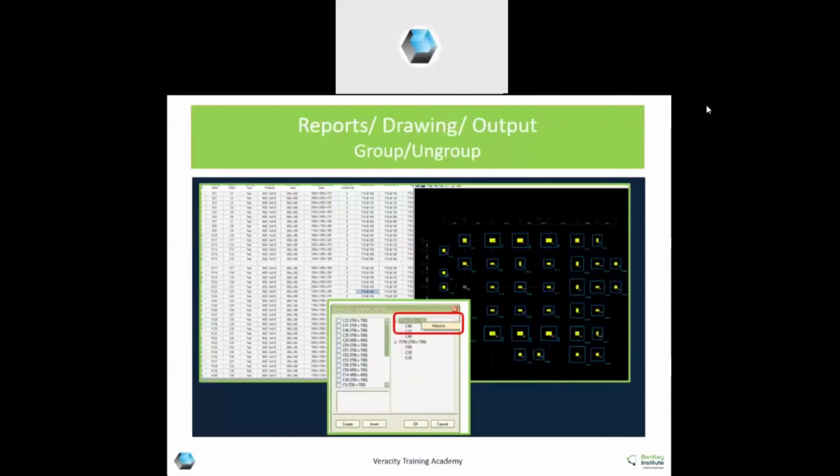Once you give the design command, a design output table is generated, which you can directly copy and paste in Excel, and the plan shows the actual sizes.